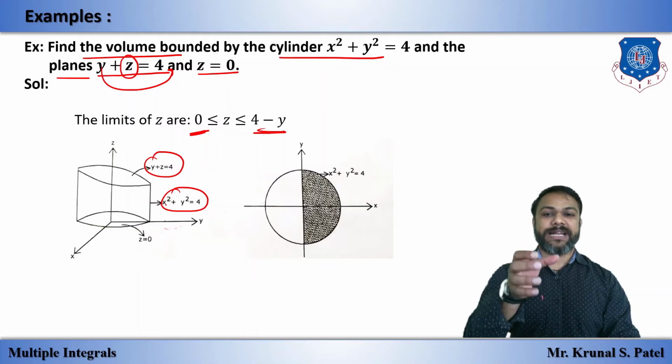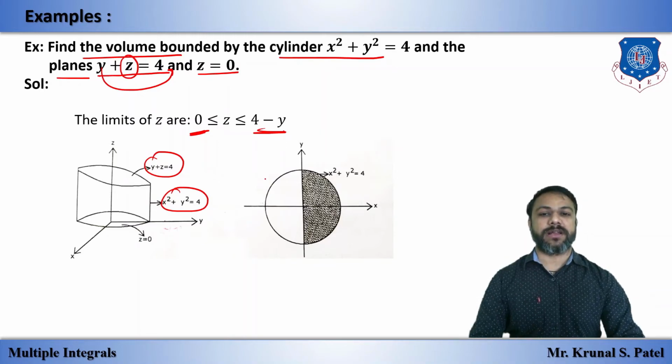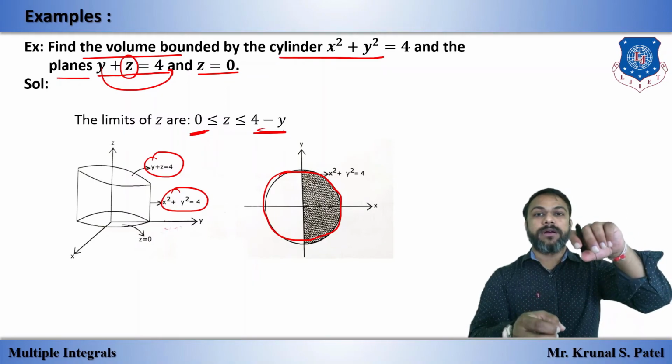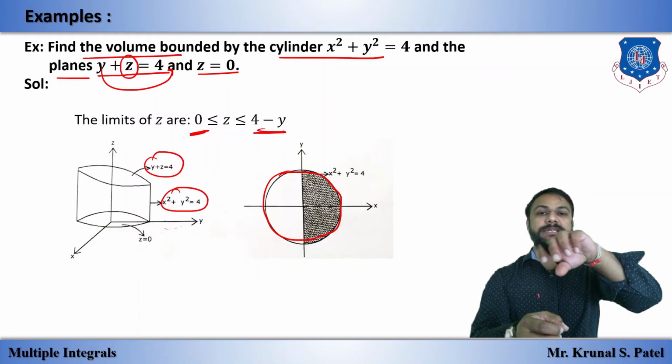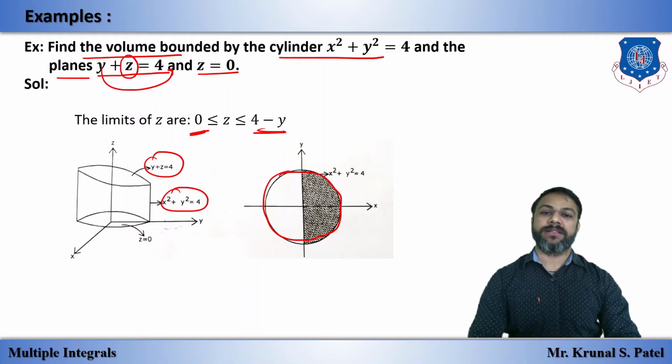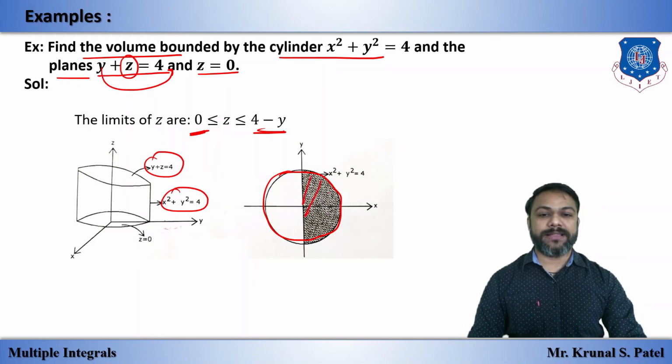The projection of the cylinder in the xy plane gives the circle, that we already know. If we have a cylinder like this, and if we put a light on the top of the cylinder, we have the circle in the xy plane. Now we will find this region. We have to multiply by 2, because this is symmetric about the y-axis.